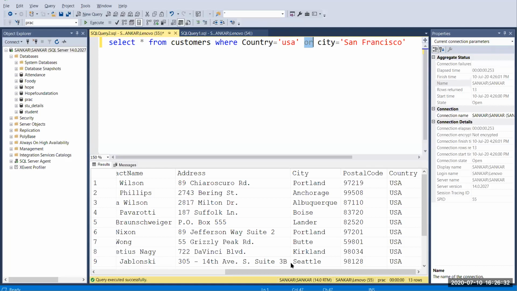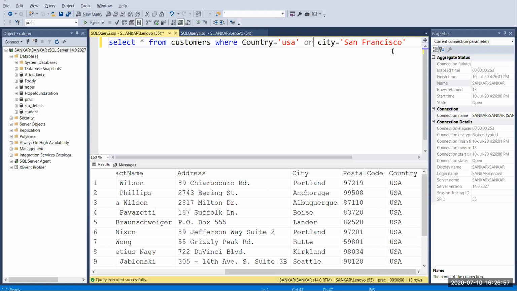If you look here, USA gets true and San Francisco gets true in only one row. But if you go with USA, it gets true in 13 records. That's why it prints 13 values. That is the purpose of OR.